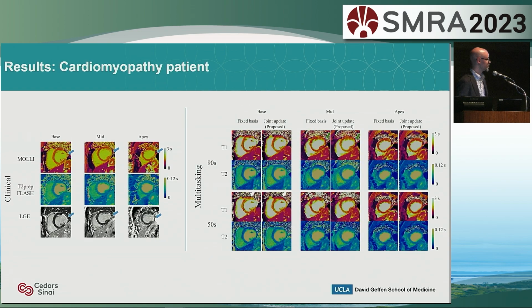This is an example in a cardiomyopathy patient. Again, this is quite a lot here, but what I hope you can appreciate in the T1 at the base is that the shorter scan for the fixed basis reconstruction, the old way of doing the reconstruction, actually shows a false positive of some elevated T1 in the anteroseptal segment that was actually fixed by the joint update and corresponded better with both the standard ECG-triggered breath-held sequences as well as the